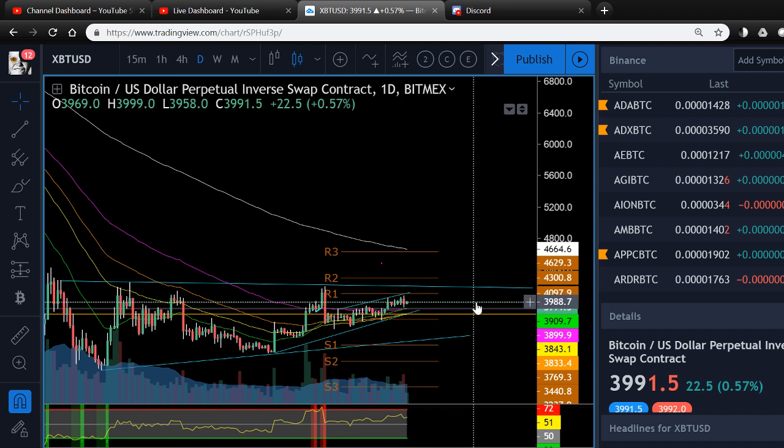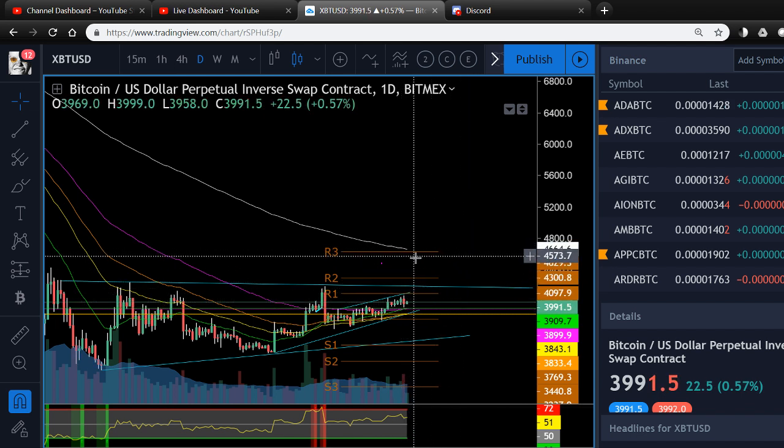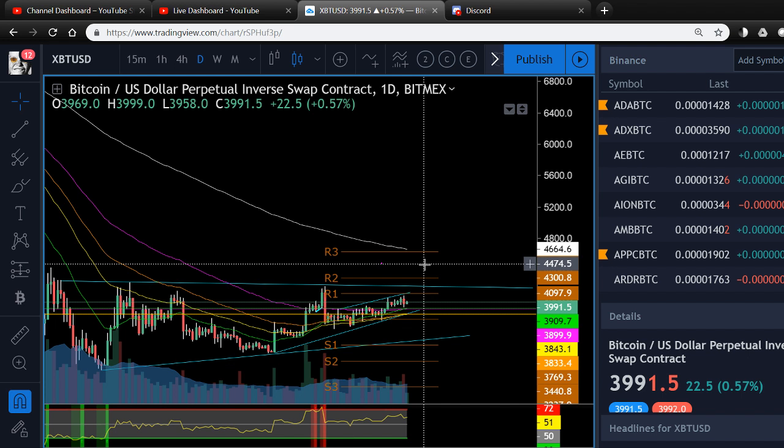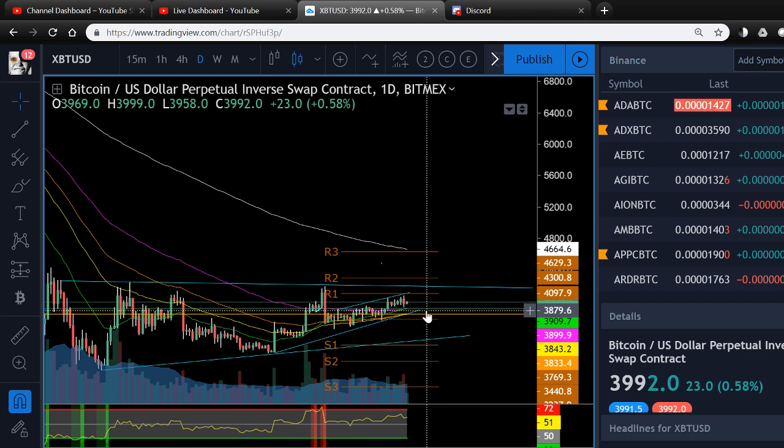Now, the longer we go sideways, the lower this 200 is going to come. So the longer we take, the lower that's going to be. It could be 4500 by the time we get there. Before we get there, we can most definitely test the lower EMAs and test that trend line. Like I've been telling you guys, we have to think of possibilities, think about what's possible and what's most probable, or most likely to happen. You don't go all in. Use small positions, and work on growing your accounts over time.